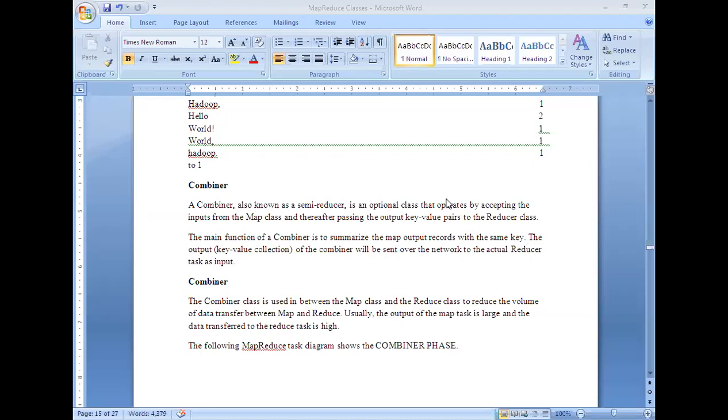Instead of transmitting all individual outputs to the reducer logic, we can do it another way, by grouping all the things. That means you apply a little bit of consolidation here itself, and then you can transmit the whole bunch as a single instance. What happens in that case?